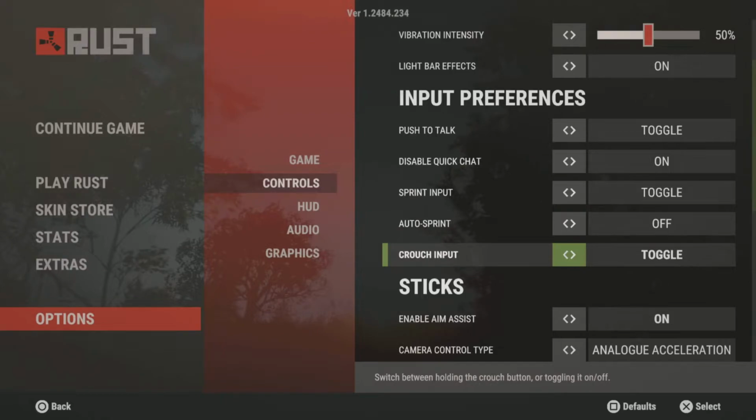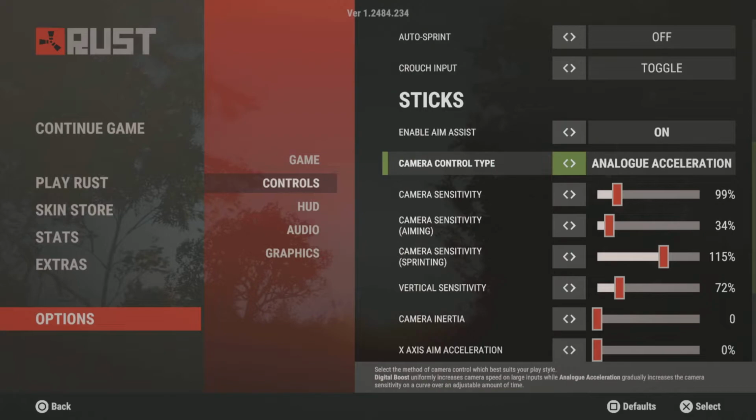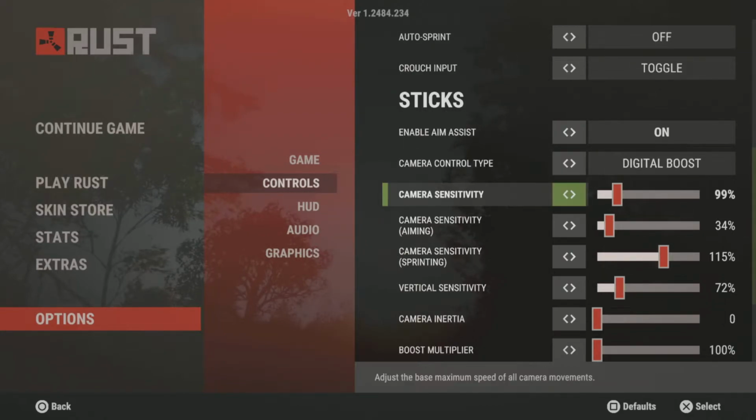Auto sprint off. Crouch to toggle. Some people play with holds like crouch spam. I play toggle because I play claw, so I don't really need to hold it. Aim assist on. Okay, for camera control tab, I think digital boost works really well, and I think these settings